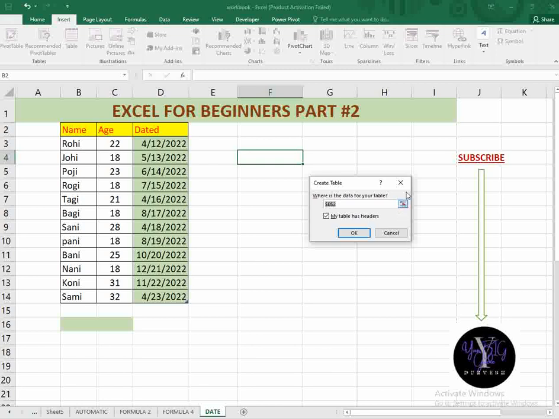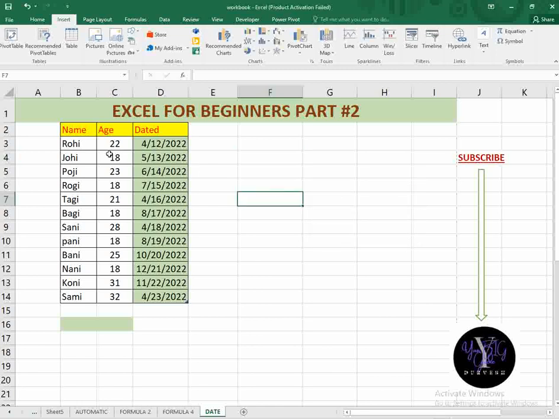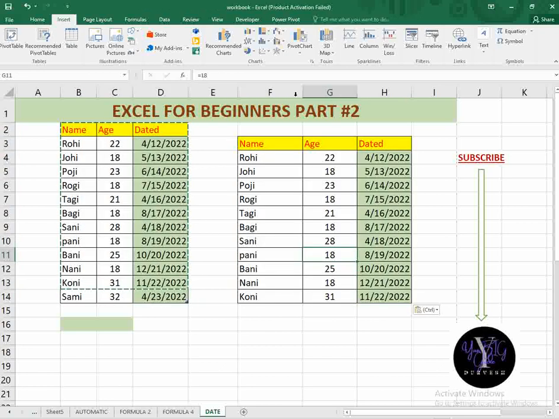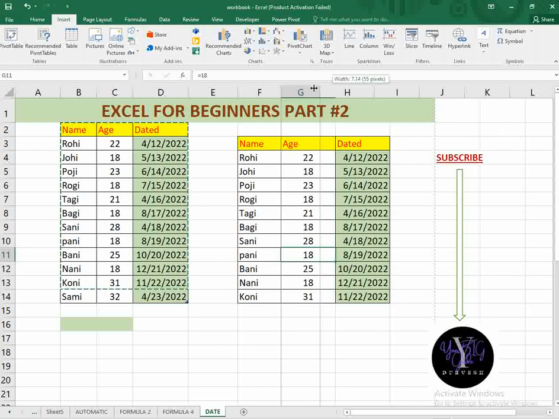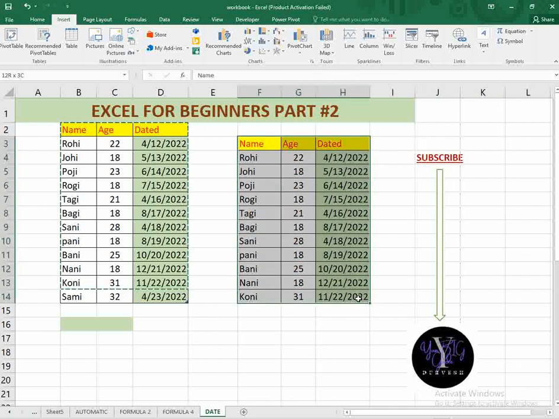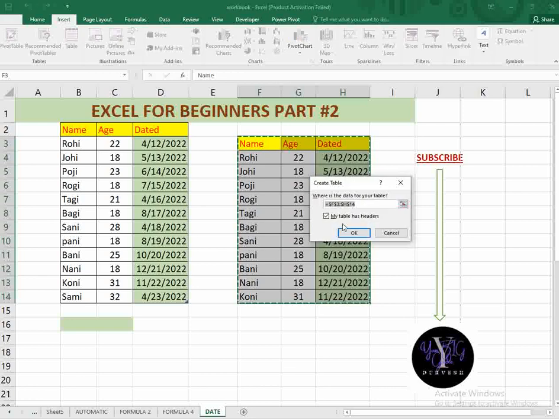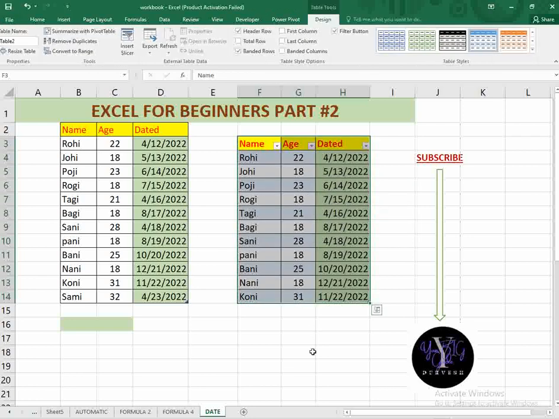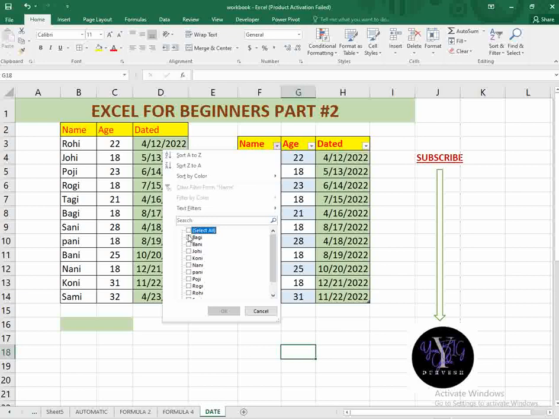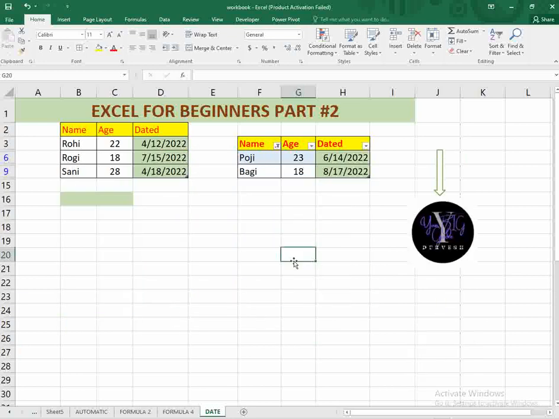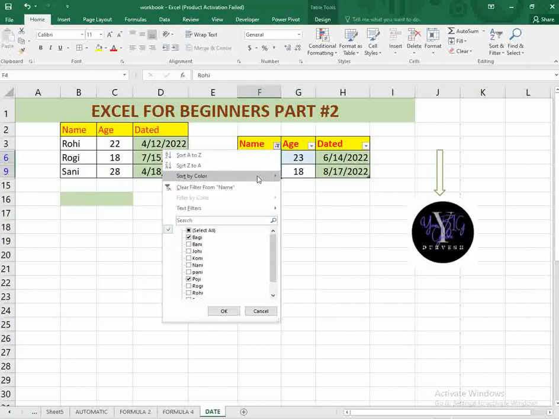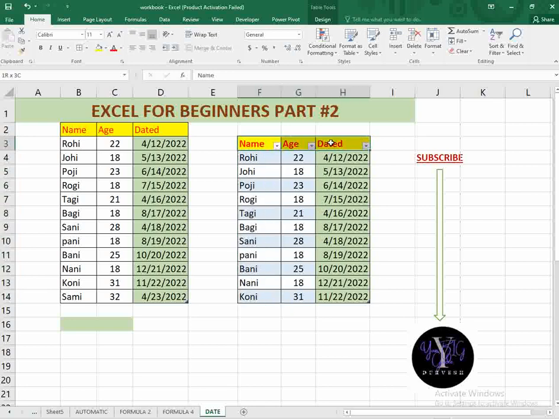There is already a table created with this data, so this is why it's not working. Let me do one thing. I'll copy and paste this data. Of course, you remember how we copy and paste, we already learned that in the last video. Now if I want to make a table, click on table. It has been converted to a table. It also works if you want to sort your data, like this. So basically this is tables. If you want to remove this filter, you can remove it by going here, clicking filter, and it's removed